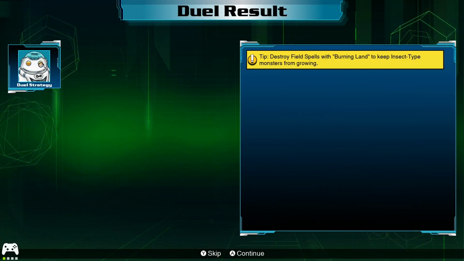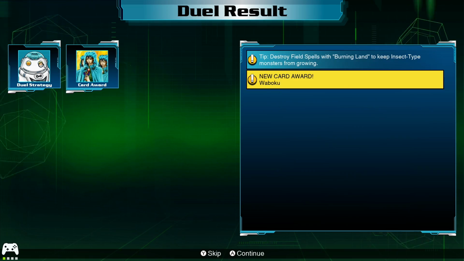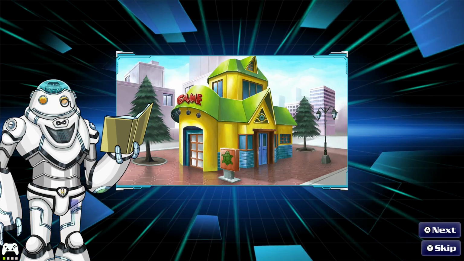Alright, Asta was just barking. So yeah, destroy field spells with Burning Land to keep insect type monsters from growing. Well, you know, that's good and all, but we never drew the damn card, as we all saw, so...